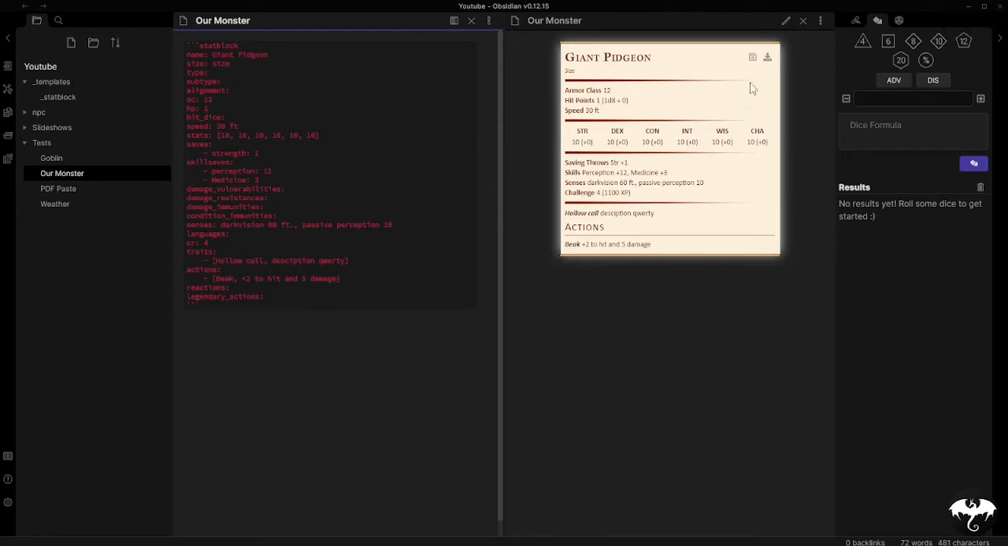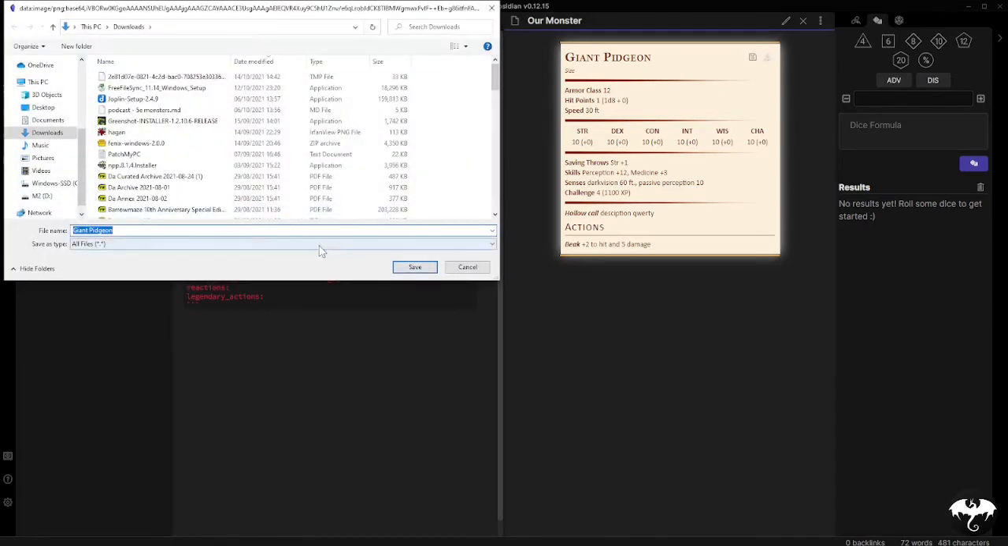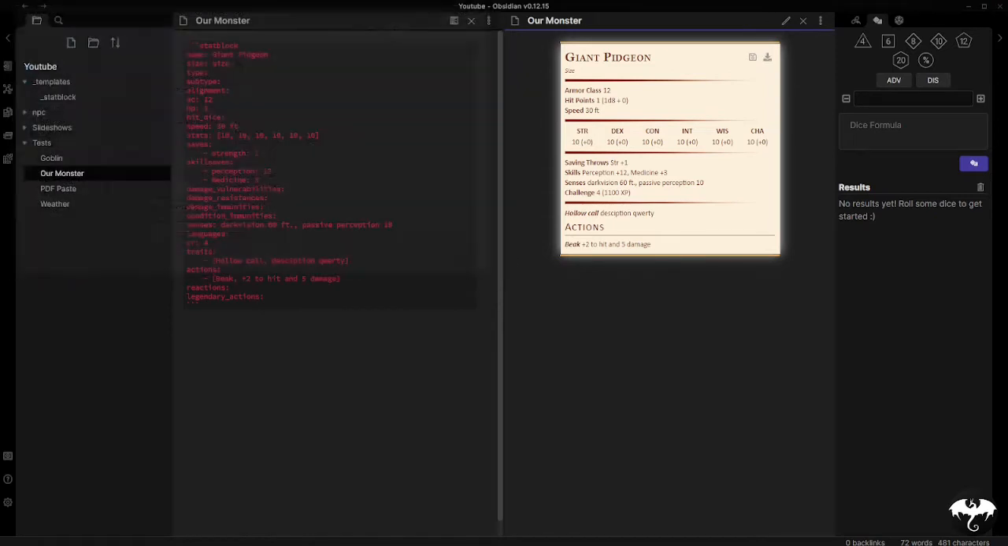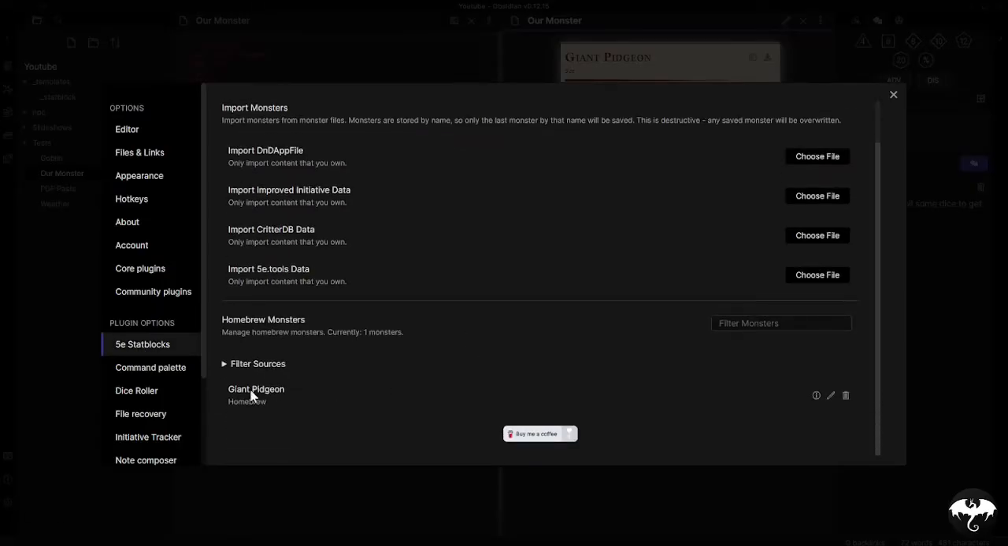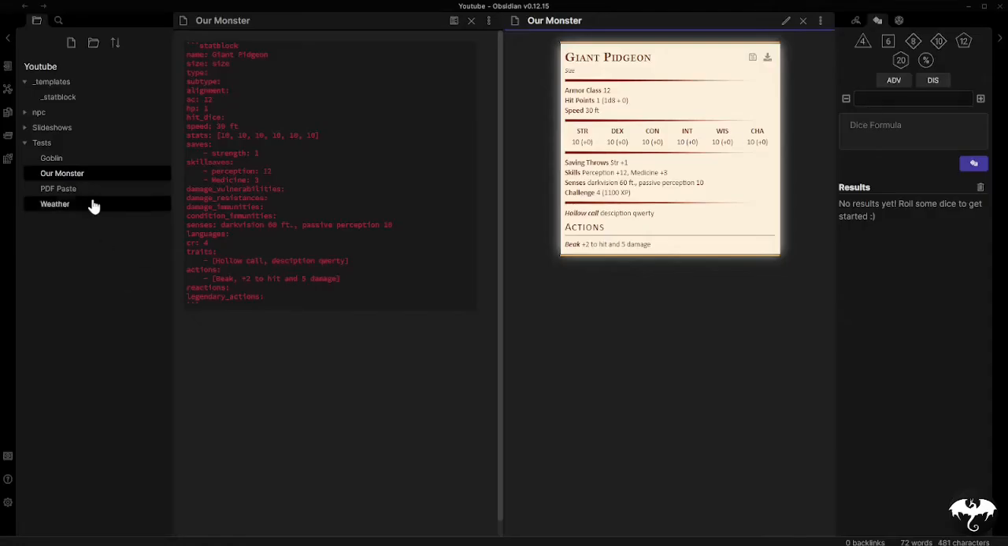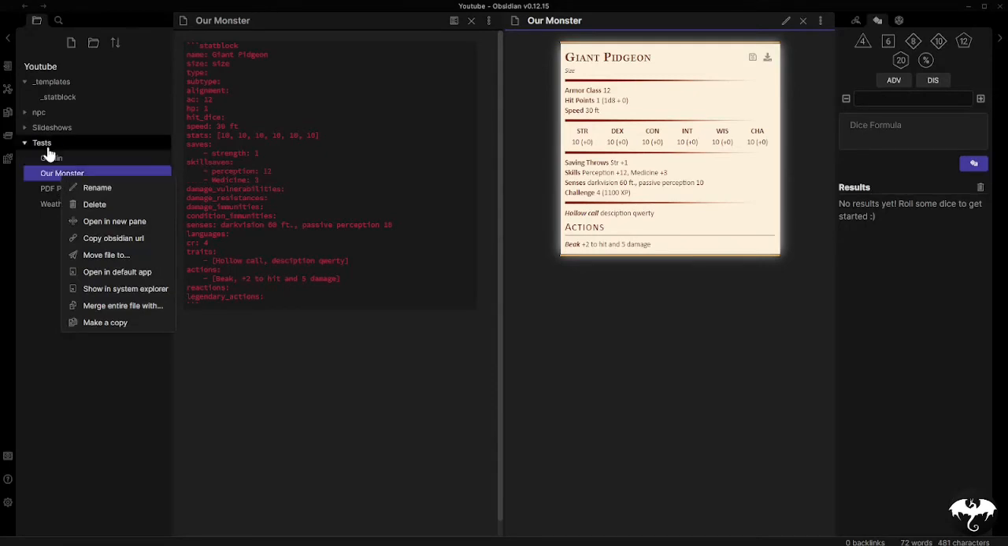documents. Two other things you can do is you can save them and you can export them. If you export them, they save as a .json file, which you can later import. And if you save them, so we've now saved Giant Pigeon. I know it's not complete, but we're going to do that. If we now go back to 5e stat blocks here, homebrew monsters, you can see now we've got our Giant